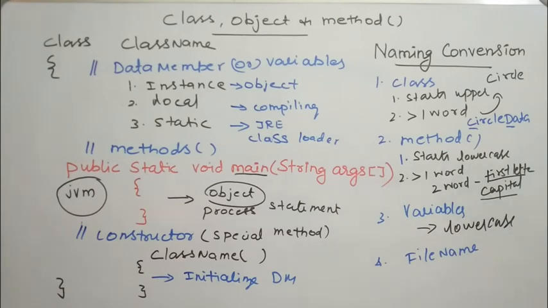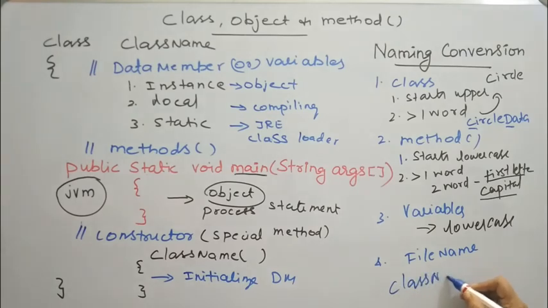We have told while discussing the structure of a Java program that your Java program may contain more than one class definition. If I have more than one class definition, which class name should I follow as my file name? The class definition which contains the main method. One of the class definitions is going to contain this main method. The name of the class which contains the main method should be my file name, in case my Java file contains more than one class definition. Otherwise, it's the class name dot Java.